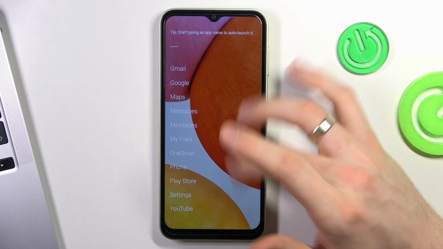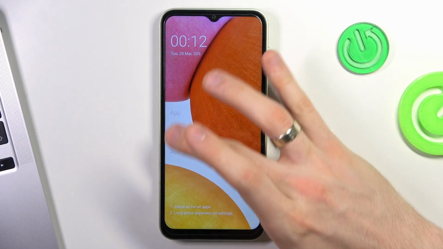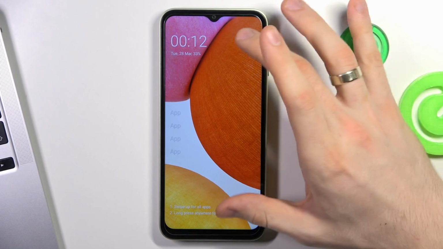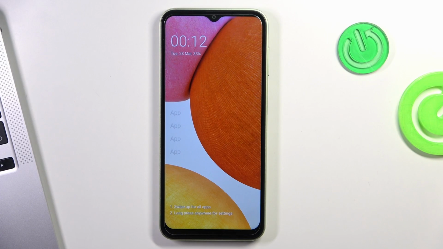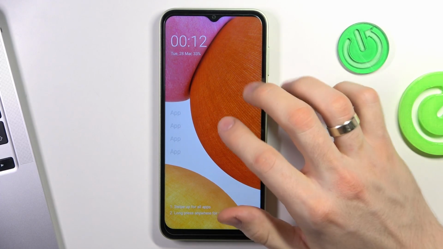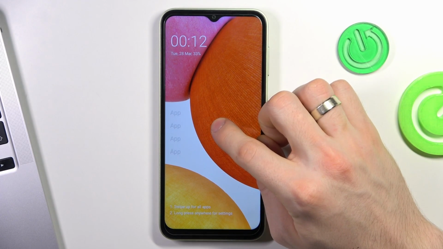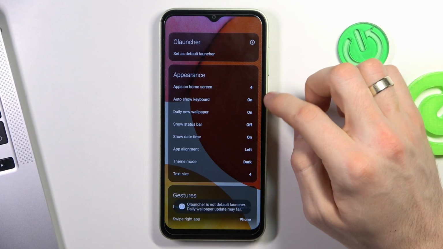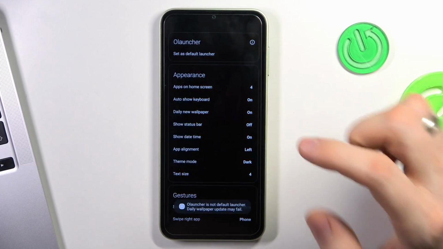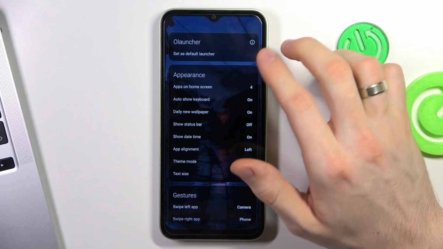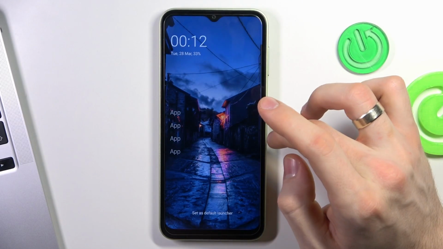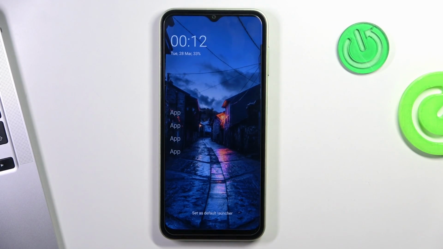Here you will see all your apps. Here is your apps menu, and here are your shortcut apps. But as you can see, the standard Samsung wallpapers do not look good in this launcher. So we need to press and hold on any free space on our screen, then choose Daily New Wallpaper, then it is not the default launcher. Okay, so you can disable it now, and go back to the home screen,